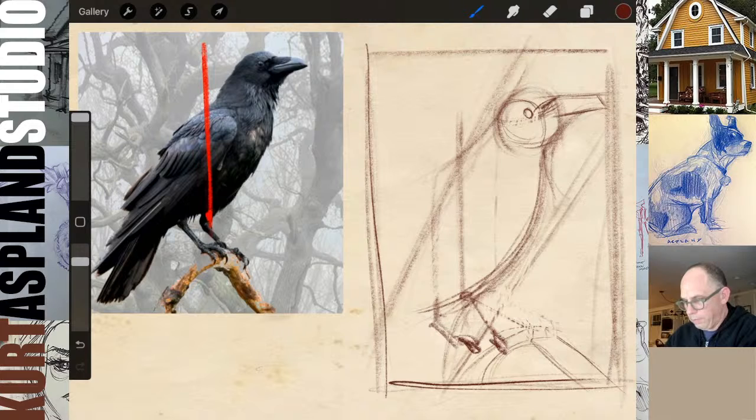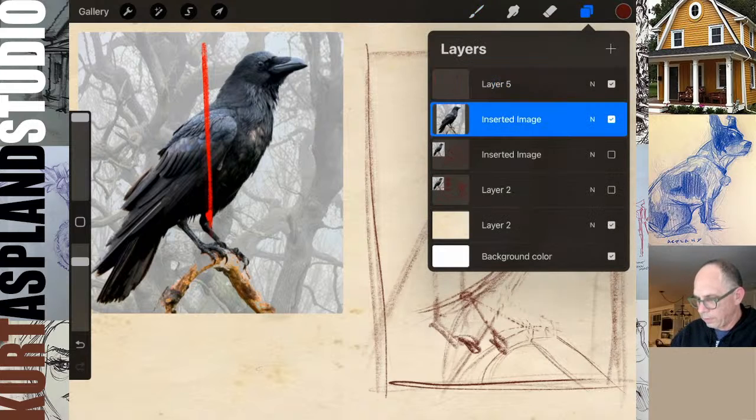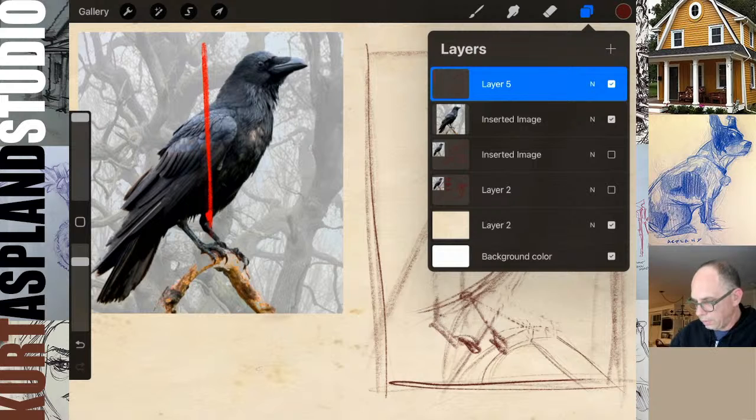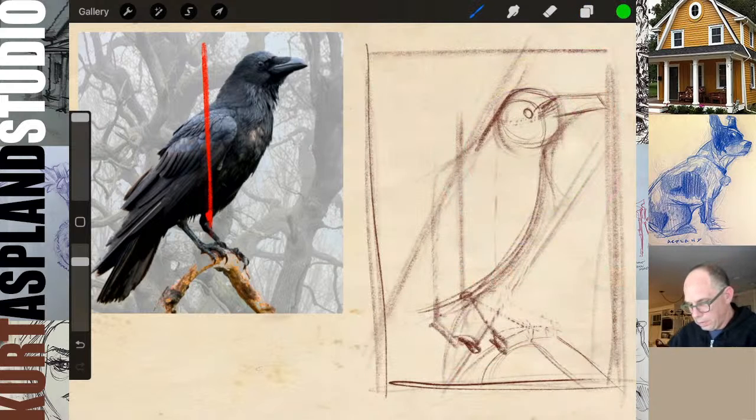All right, and then the top of his head is almost like straight. All right, let's take a look at a vertical line now. Let's say we're going to go right here at this. All right, that gives us a sense of where that's lining up there. Okay, so